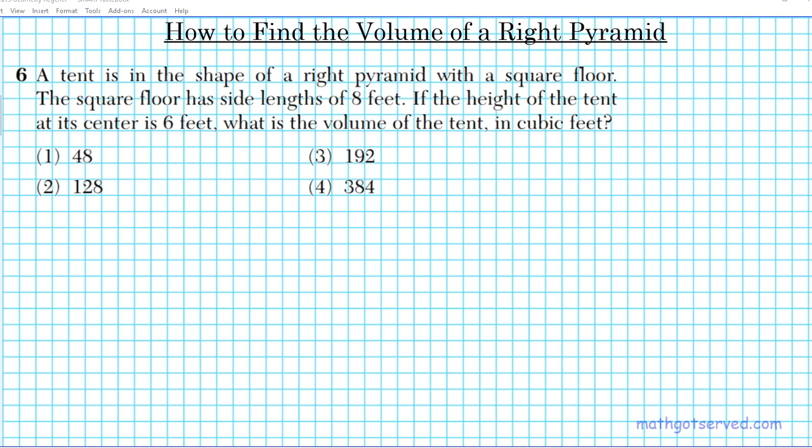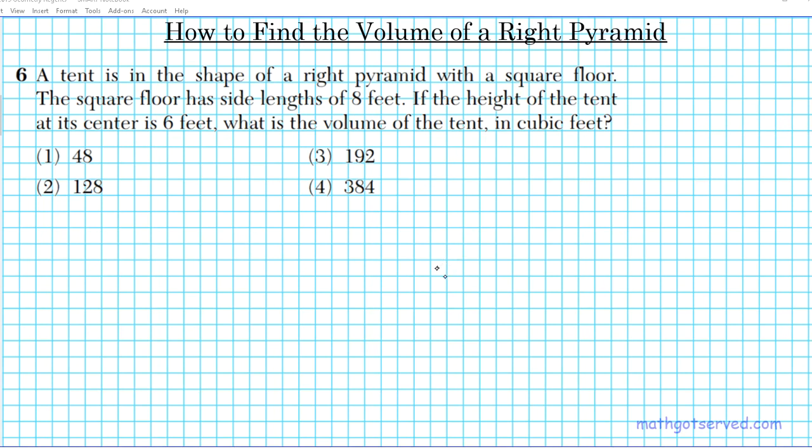All right, let's take a look at question number 6. In question 6, we're being assessed on how to find the volume of a right pyramid. Question 6 reads, a tent is in the shape of a right pyramid with a square floor. The square floor has side lengths of 8 feet. If the height of the tent at its center is 6 feet, what is the volume of the tent in